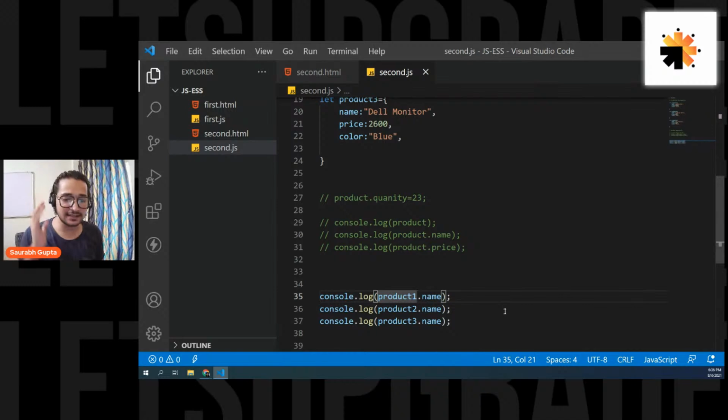Yes, Chandresh, it's exactly like structure in C. Exactly. But a lot of things are different because structure is a value type, and here these objects are reference types. So that's the difference. But yeah, it looks exactly like structure.